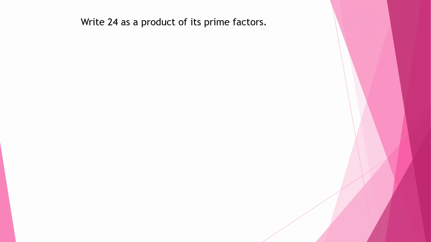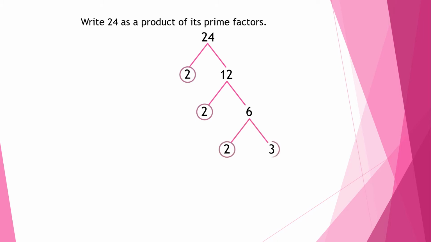So now we're going to write 24 as a product of its prime factors. So let's split 24 into 2 and 12. And 2 is a prime number, so we need to circle it. Now we can break the 12 into 2 times 6. And again, circle the 2 because it's a prime number. And now we can break the 6 down into 2 times 3. And 2 and 3 are both prime numbers. So 24 as a product of its prime factors is 2 times 2 times 2 times 3, or 2 cubed